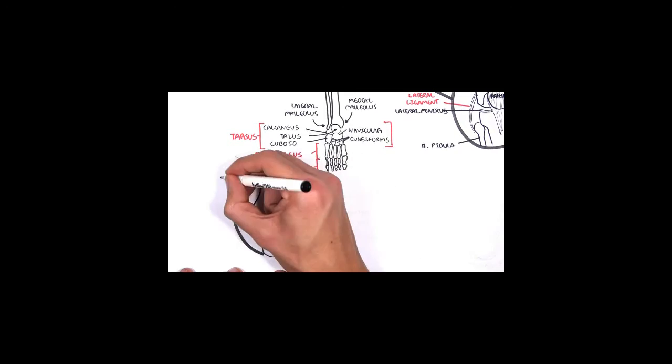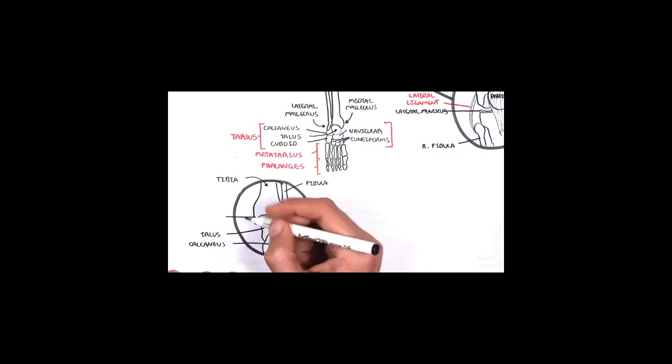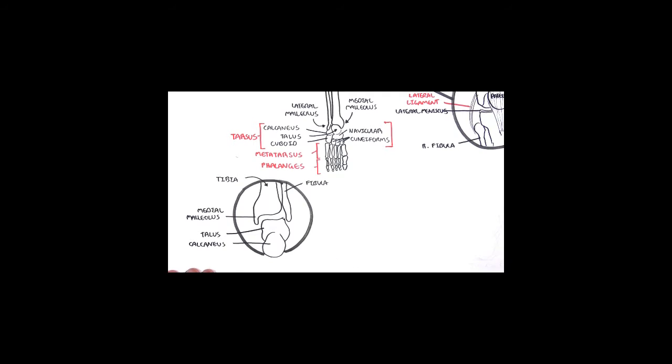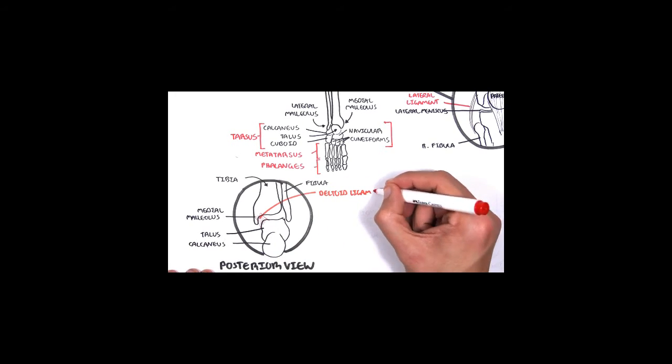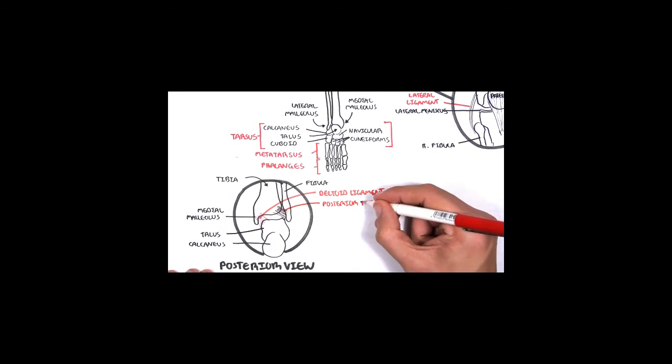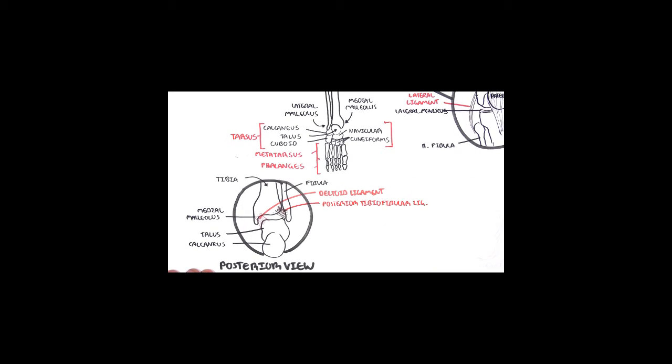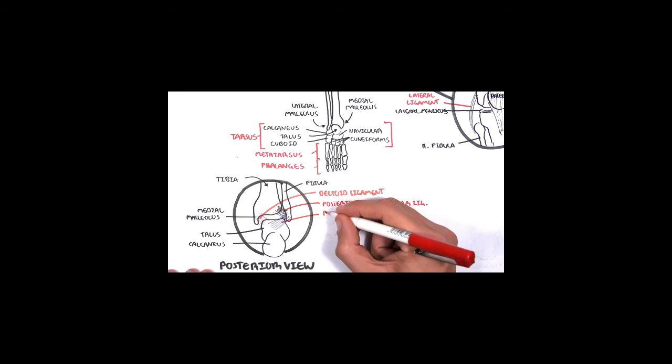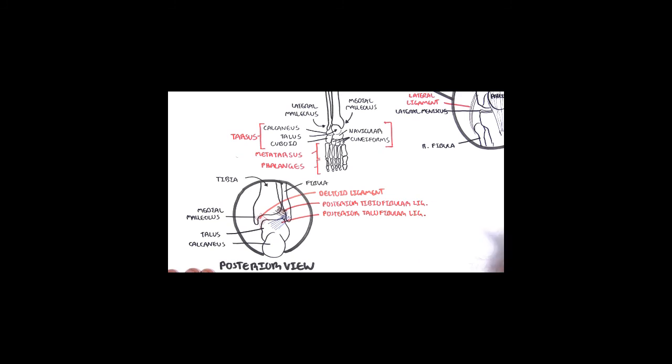Finally, let's talk about the ankle joint. Here we are looking at the posterior view of the ankle joint, so from the back. Here is the tibia, the fibula, the talus, calcaneus, the medial malleolus. The ligaments visible here are the deltoid ligaments medially. A ligament that runs from the fibula and tibia at the back here is the posterior tibiofibular ligament. There is also an anterior one, which is not visible, of course. Another ligament from the fibula to the talus is the posterior talofibular ligament. There is an anterior talofibular ligament as